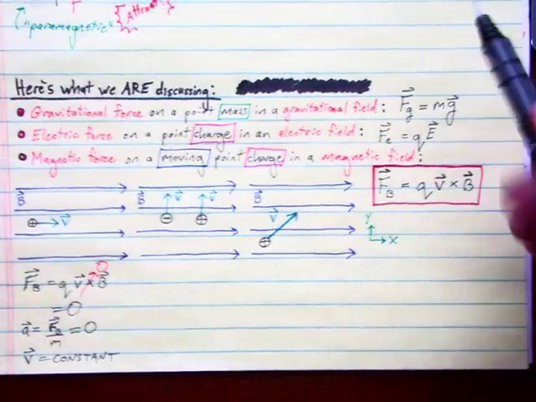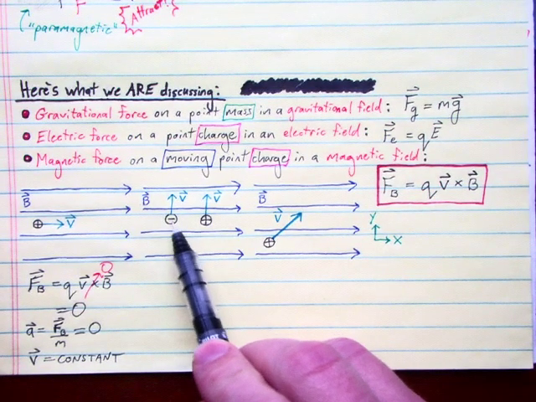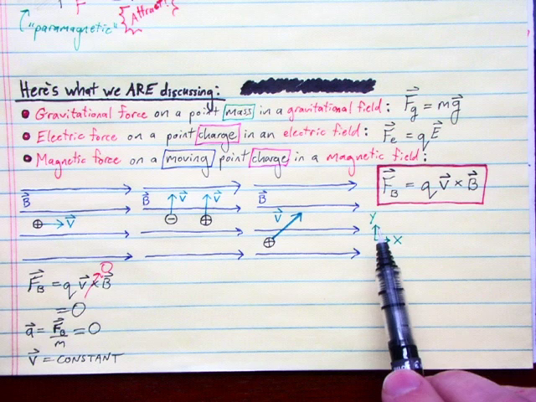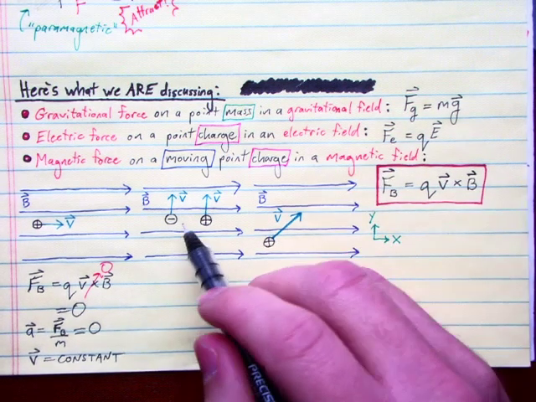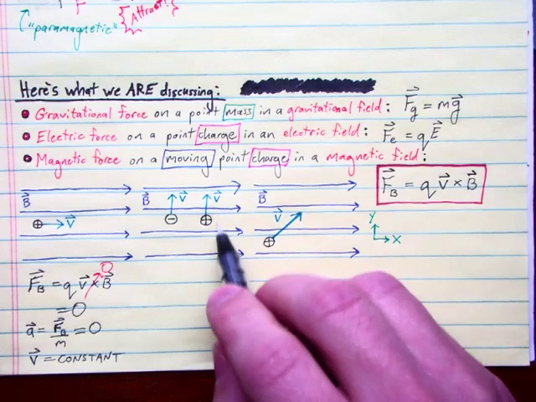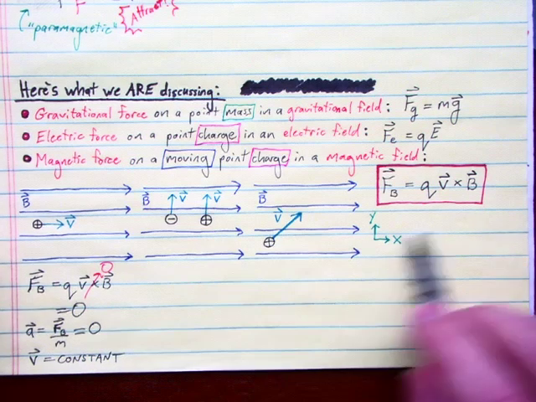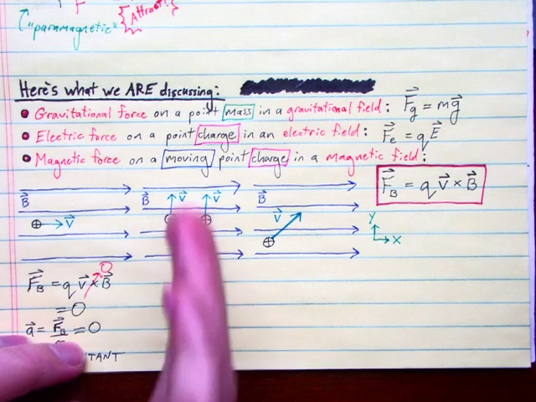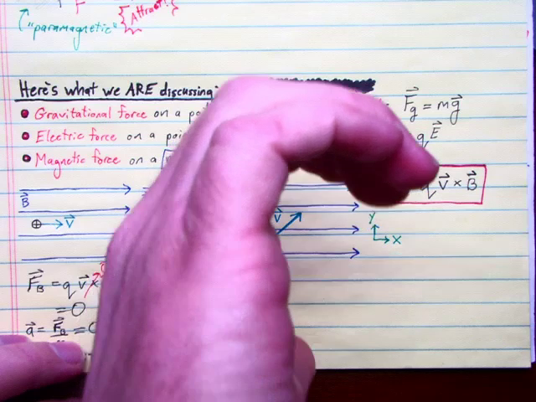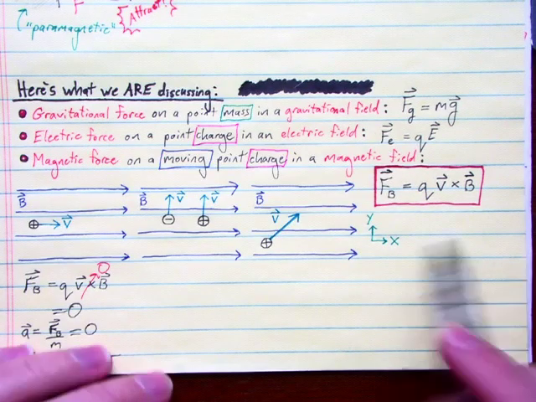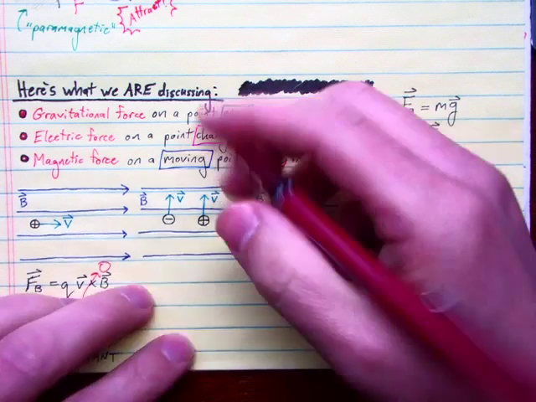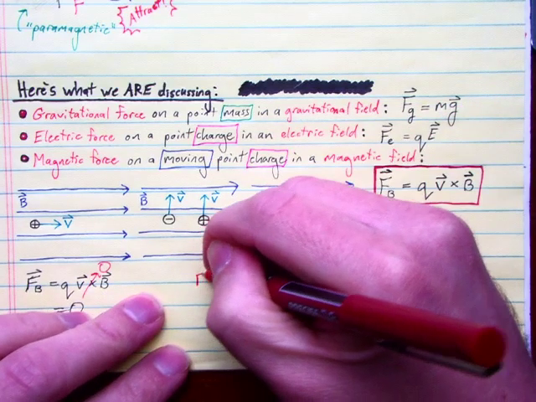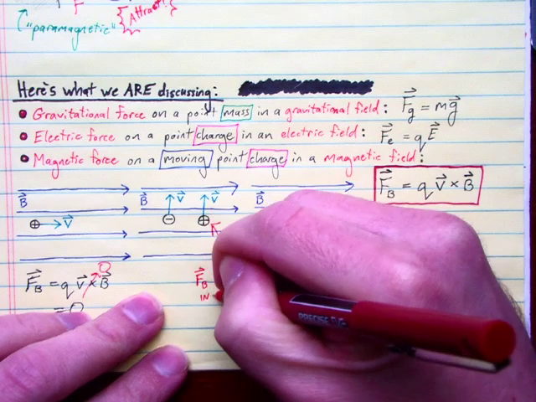Okay, next example. Here we've got a positive charge and a negative charge, both initially with upward velocities, say in the y direction here. Let's consider the positive particle first. So we want to find the force QV cross B. So our V vector crossed with our B vector. Thumb is going to point into the page from the right-hand rule. V cross B, thumb points in. This one is going to feel a magnetic force pointing into